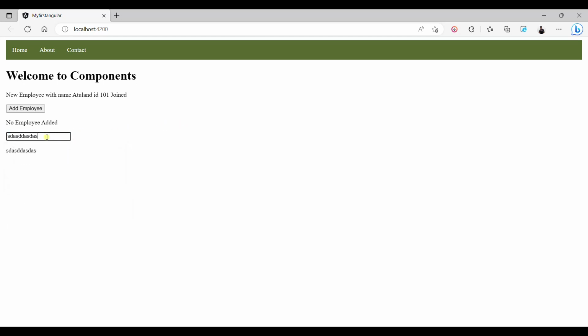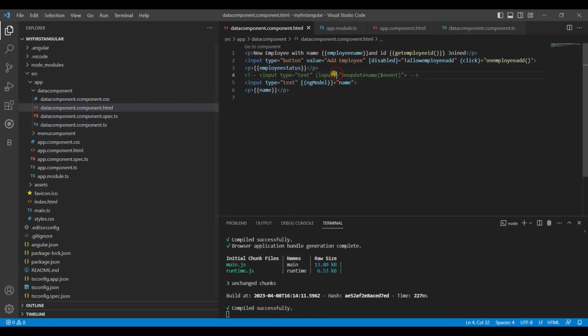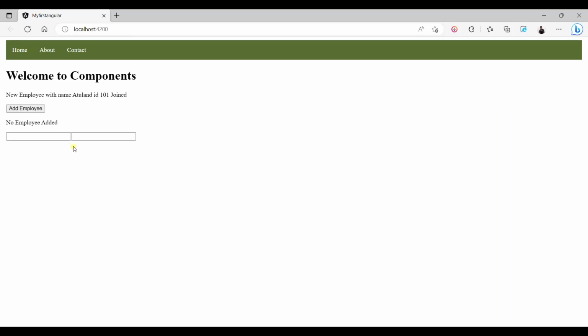So you can observe that this is working the same as before. Now you will find what is the difference. So for that, we uncomment the above text box. Now we observe there are two text boxes. If I change the value inside your first text box, you can see that the value is changing both over here and over here also. That is, this is binding using ng model, two-way binding, and this is from your